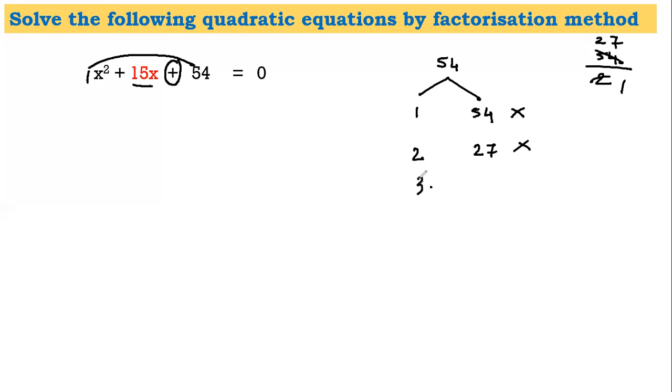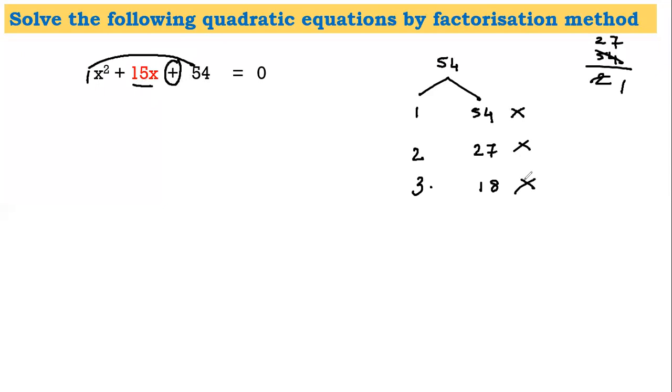Now let us go to the next number, which is 3. Now students, 3 into what is 54? Once again, if you divide, it would be 3 into 18. Now there is a very big mistake that happens here. Students usually take 18 and 3 as the factors because 18 minus 3 gives us 15. But students, carefully look at the last number sign. There is a reason I took these specific numbers, because here without adding you should not get the factors. Here 18 minus 3 is 15, but I want to add them. Forget the signs right now. Since the last number sign is plus, I need to add and get 15, and 18 plus 3 happens to be 21 and not 15. So I will not consider these factors.